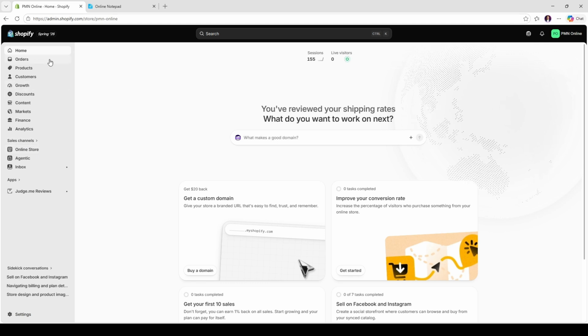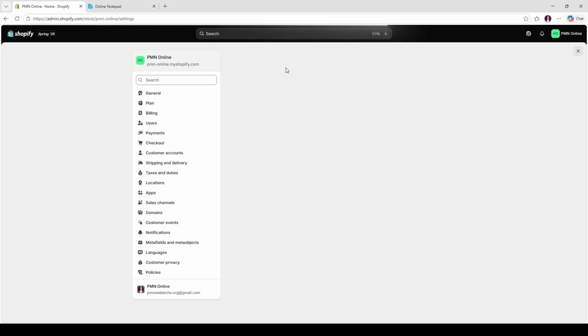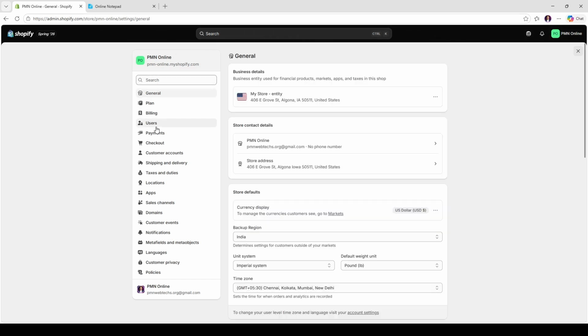Our journey begins at the very heart of your online business, your Shopify admin page. Open up your preferred web browser and navigate to this familiar dashboard where you manage all aspects of your store. Once you're on the home page of your Shopify admin, your next task is to find the Settings option. This can be located in the sidebar on the left-hand side of your screen. Clicking on Settings will open a new panel, revealing a variety of options for you to manage different aspects of